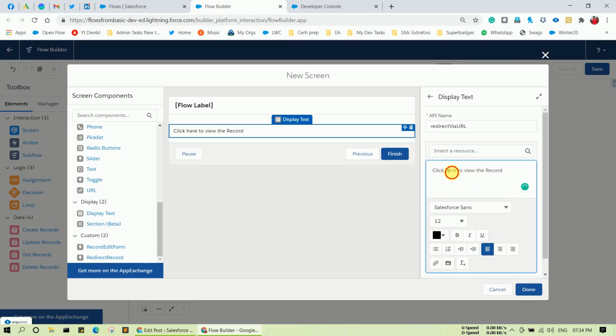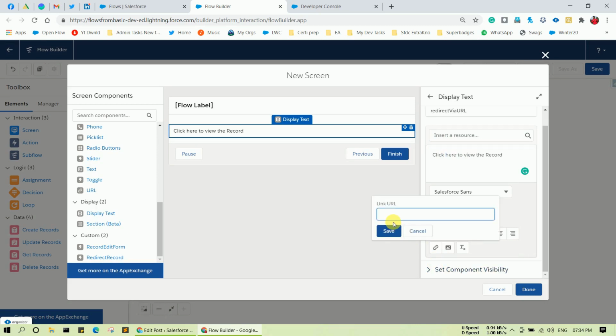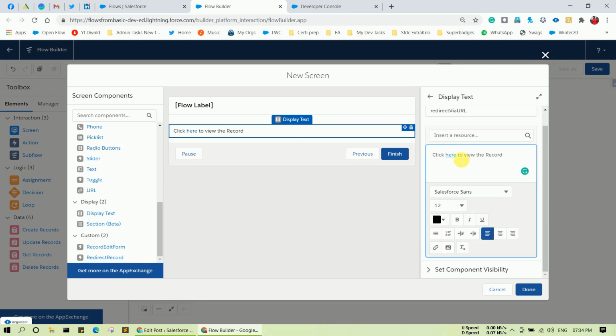And simply you have to provide a link over this here, and in the link you have to simply use a backslash, and here you have to provide curly braces. Now you have to provide the con ID, because con ID stores the created record ID. So let's say con ID and simply click save. Whenever the user clicks on this button, it will redirect to the particular record detail page.